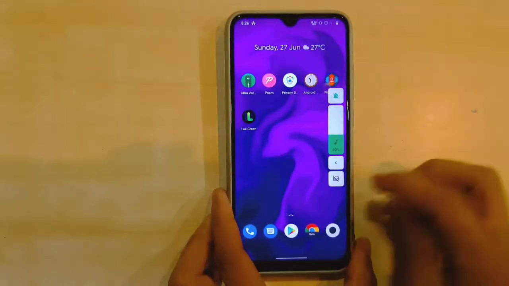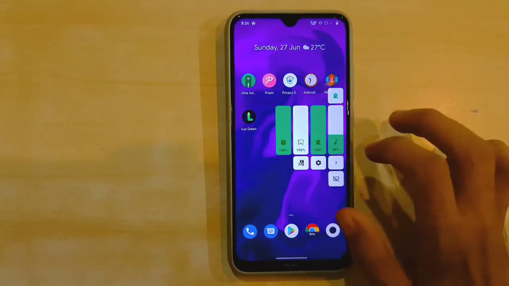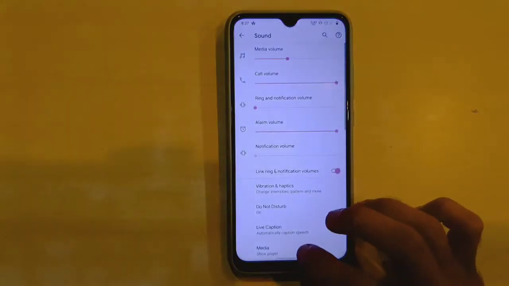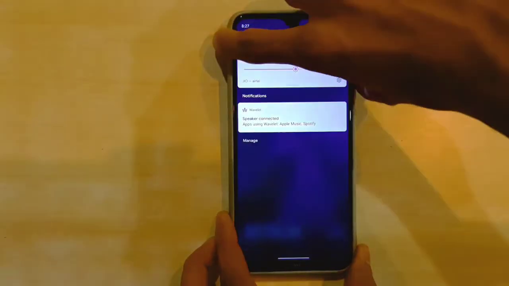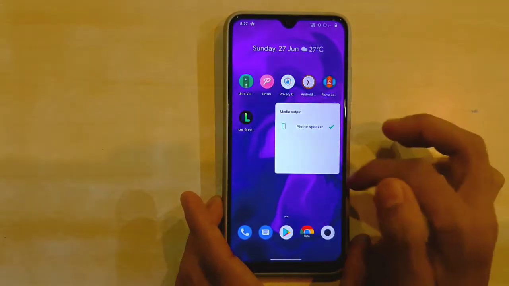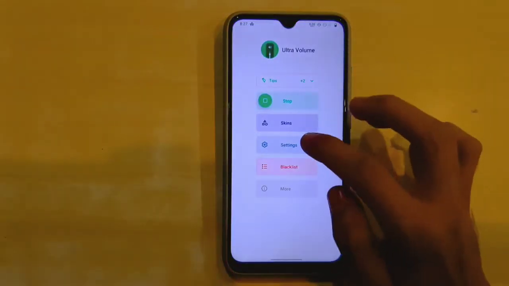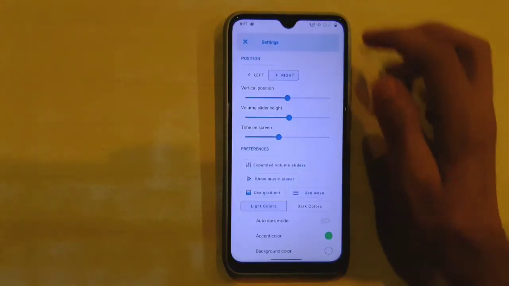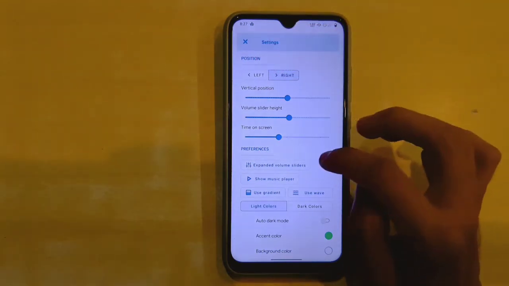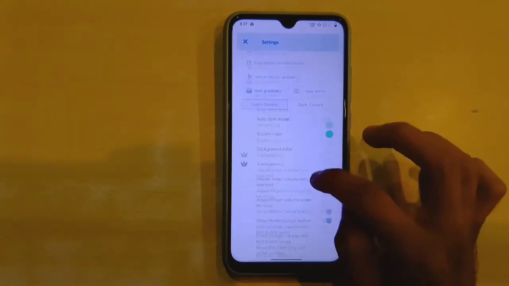As you can see, we get to see a lot of different types of options below this, like volume plugins. We get to see a settings option which redirects us to our sound settings. Then after that we get to see the sound options which give us control over Bluetooth and other modes of sound. We can even change a lot of settings with the app: volume panel alignment, its position, slider height, expansion, gradients, waves and a lot of other things.